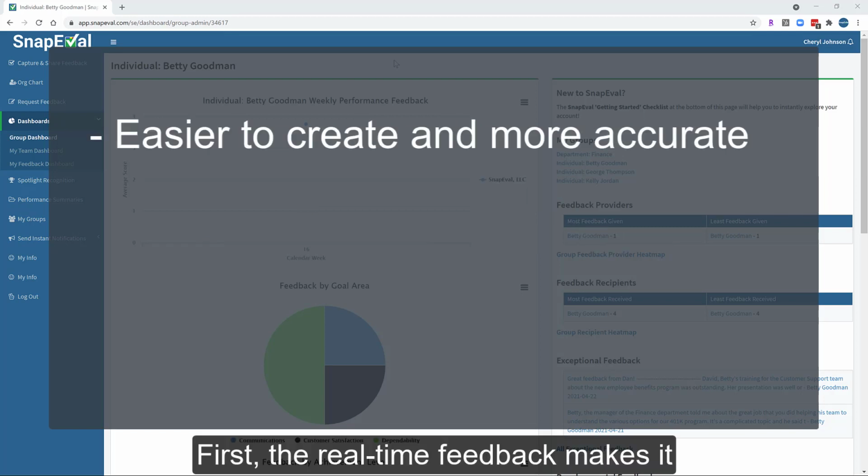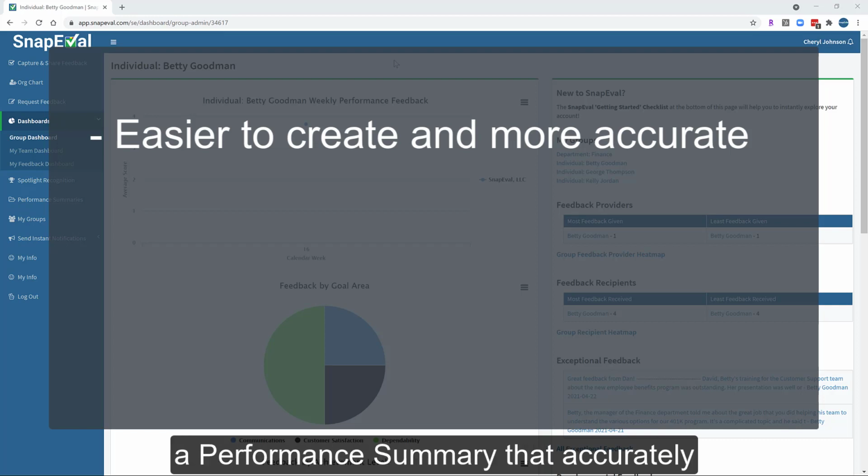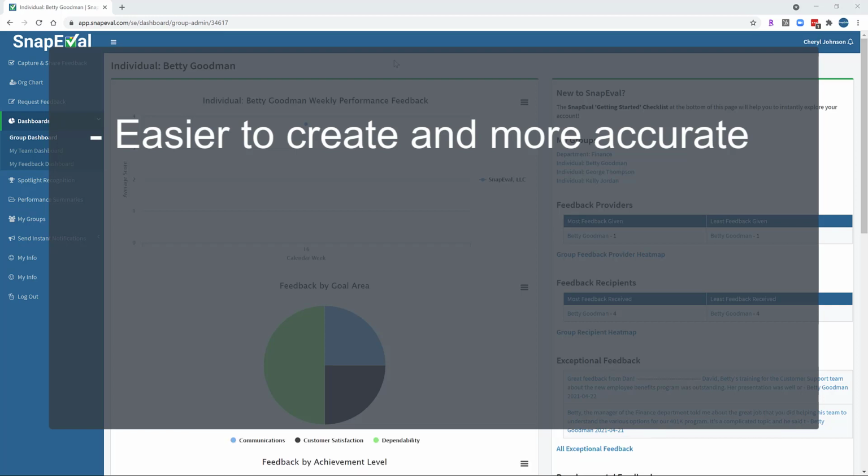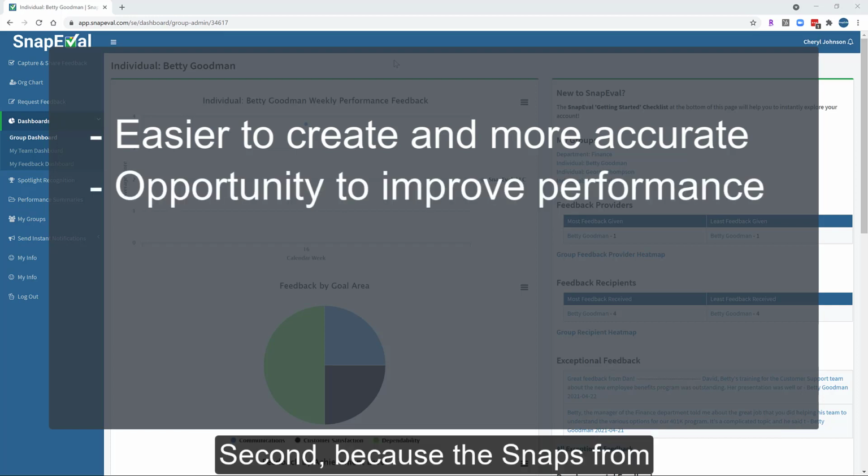First, the real-time feedback makes it much easier for the manager to create a performance summary that accurately reflects the employee's performance over the full period of time. Second, because the snaps from managers and peers were already shared with the employee during the review period, the employee had an opportunity to improve their performance in response to developmental feedback and to maximize their performance in response to